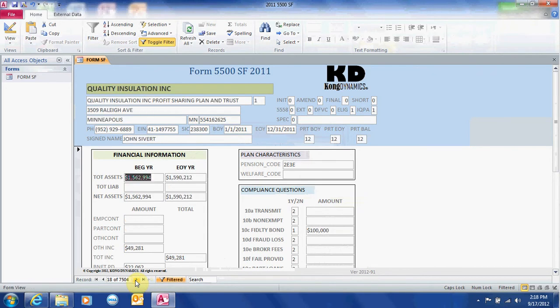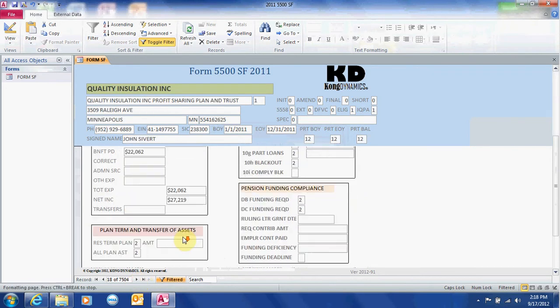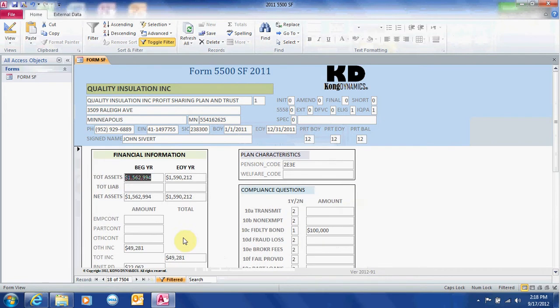So don't underlook the information off of the short form here. Employers are either going to file the regular Form 5500, or they're going to come in and file the short form. And as you can see, this record base here is quite substantial. This is the 2011. When we look at the 2010 record set, this database is just huge. So again, all of these should be in your radar as far as people to go after.